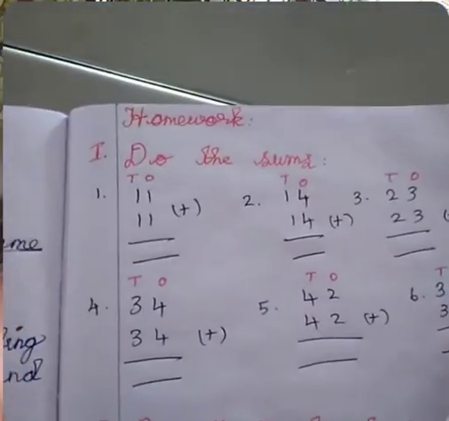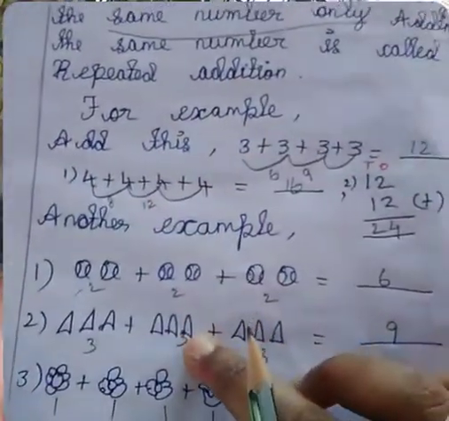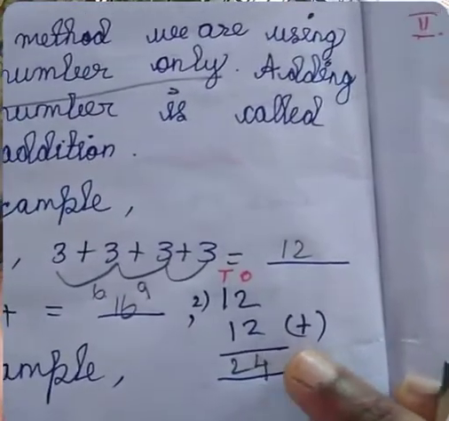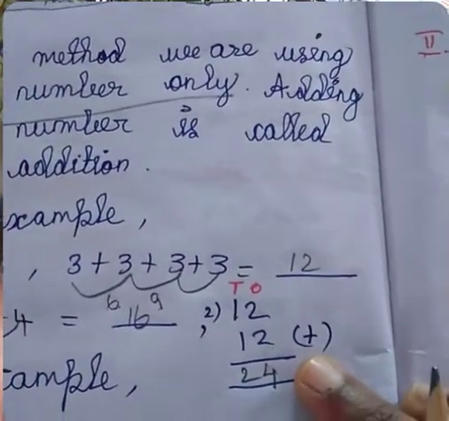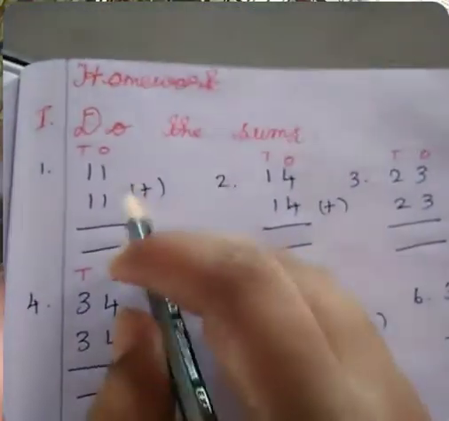I will give the homework for you. Today homework is do the sums. I already taught you that these two methods are used for book work, and this is also book work, but I will give the homework like this. This is important, it is used for your exams. So I will give the homework for this type. So see, do the sums.